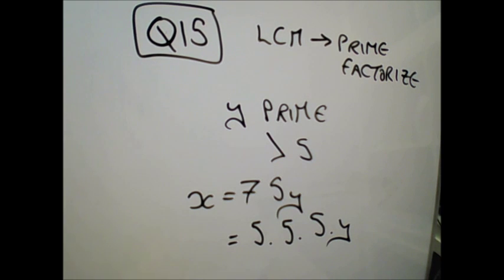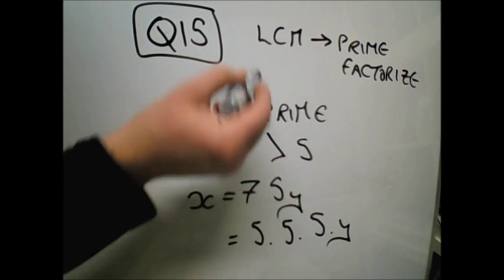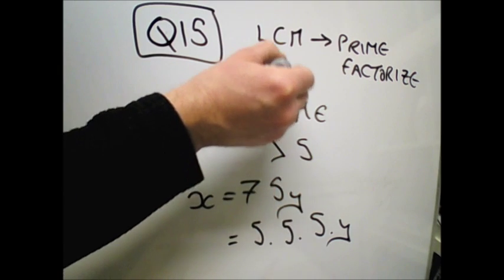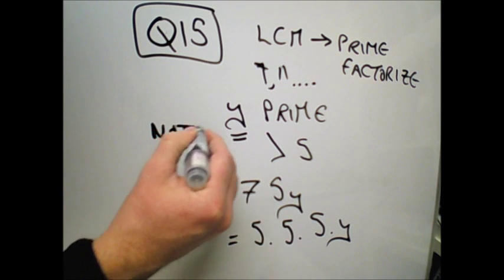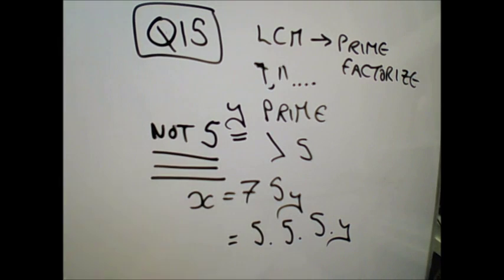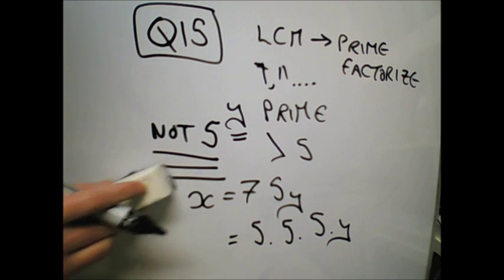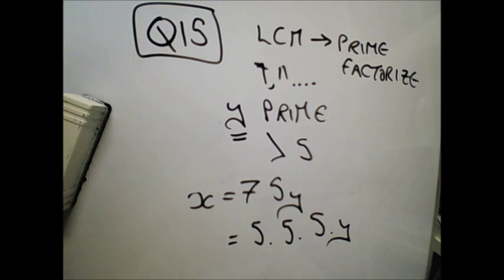So when we consider the lowest common multiple, the y is definitely going to be there, and it will be greater than 5, for example 7 or 11. It's a variable, so we can't assume it's any of those, but it's not 5. Does everyone now get that y is not 5? Good. We're now going to decide, if we look at the question itself,